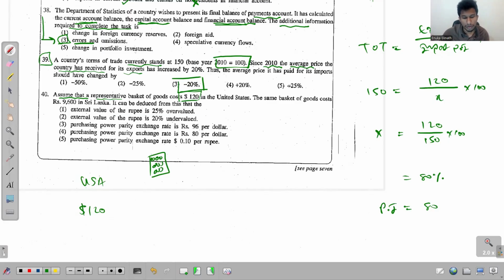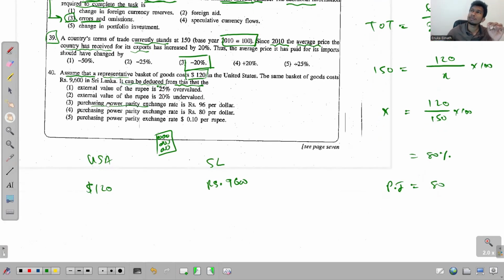Okay, so if you try to purchase that basket of goods or the sample of goods in Sri Lanka, that will be rupees 9,600. Then what is being asked? It can be deduced from this that by looking at this thing, we can understand the requirement. The requirement is to find the purchasing power parity exchange rate. So if you remember this